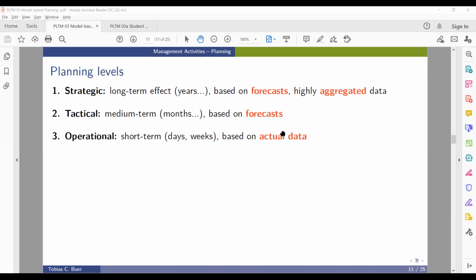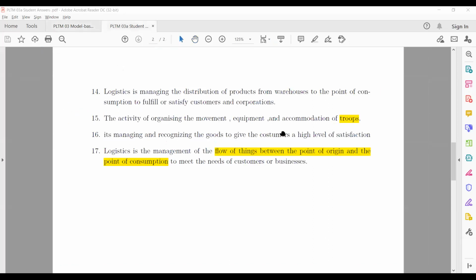It might change, of course. There's uncertainty. It is not guaranteed that it happens as we forecast it. The data is uncertain, and we might make a mistake in our forecasting. And of course, this needs to be considered in the planning. The forecasting is not always correct, so this is the additional challenge in making the plans.